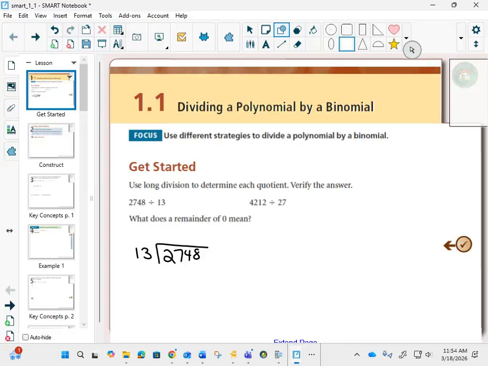So a recap of long division with numbers if you didn't remember. Your teachers would have said back in the day, when you're doing long division, you take the 13 and you look at the beginning numbers. Are there any 13s in 2? No. But if I go to 27, how many 13s are there in 27? There's 2 of them. And your teacher would have said, you need to write the 2 on top there,